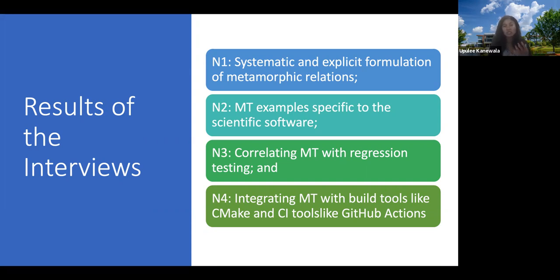The first one is we need a method to systematically and explicitly formulate metamorphic relations. Secondly, the developers would like to see some metamorphic relation examples that are specific to their scientific software. Thirdly, how to correlate metamorphic testing with the regression testing that they are already conducting. And finally, how to integrate metamorphic testing with the existing build tools and continuous integration tools that they use.